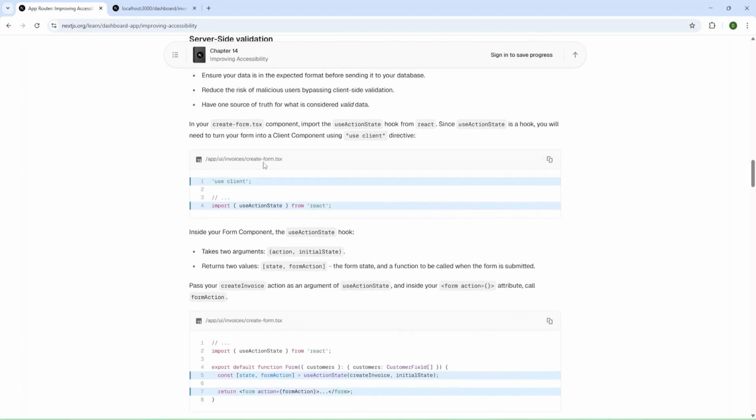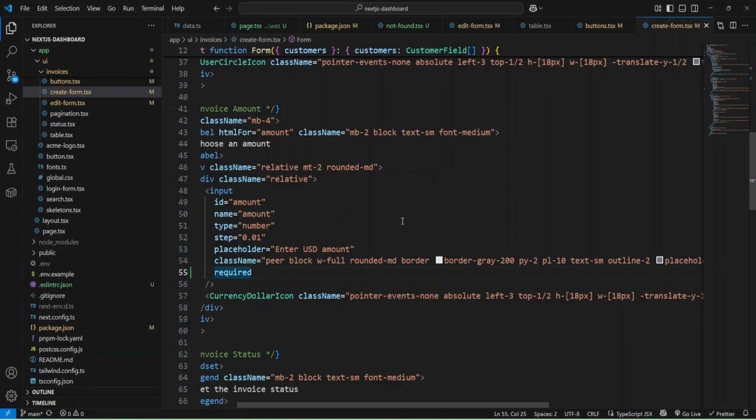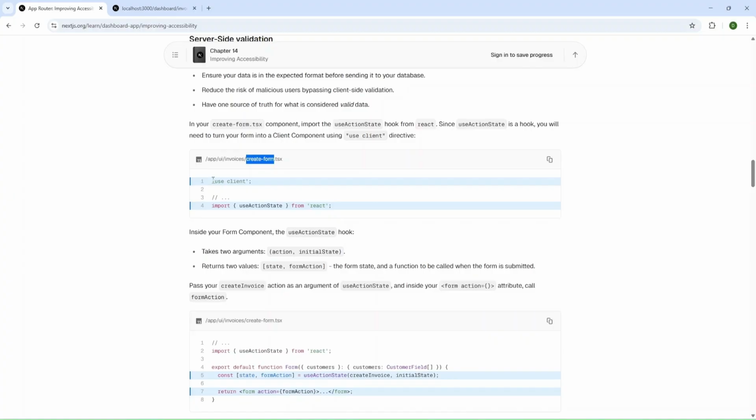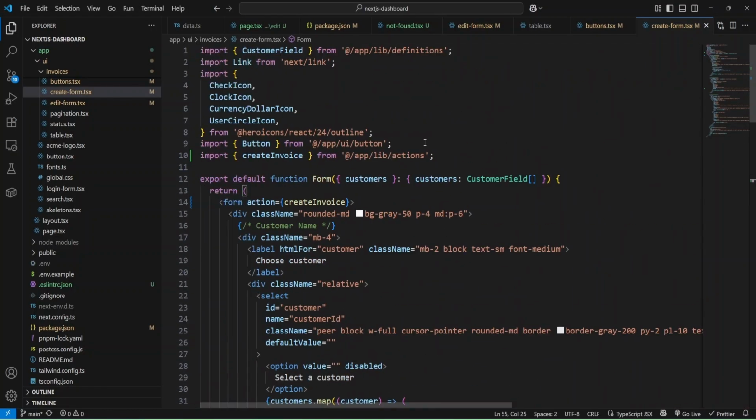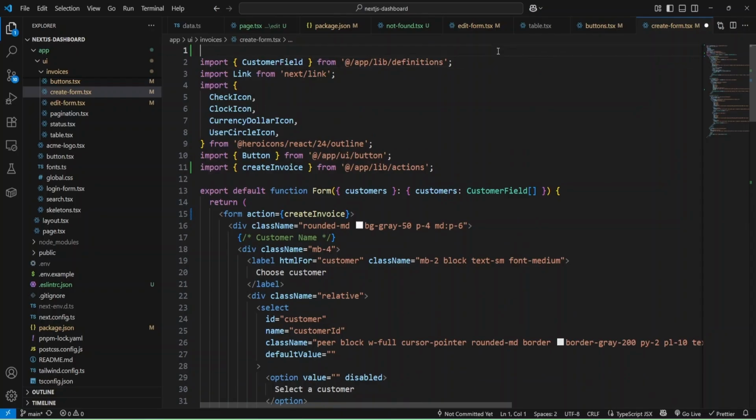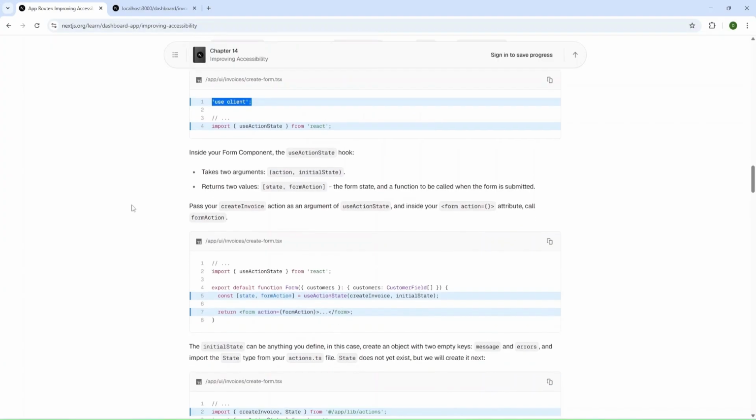And for that, we are going to modify create form, and let me find it. And actually, I have it opened, and they propose to use client here. Okay, let's do it. And let's see what next.